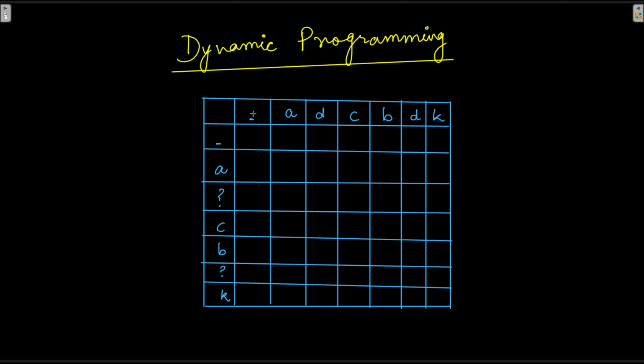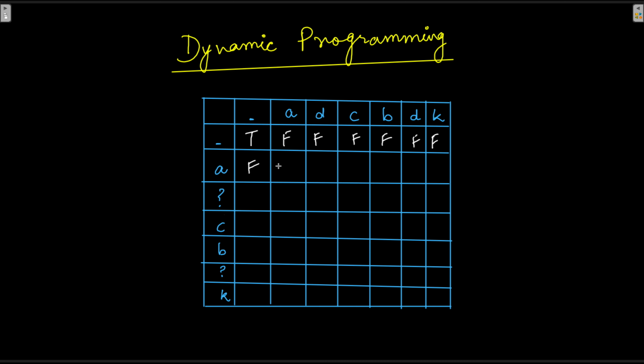From our previous discussion, we remember the first value of this string as well as the pattern is going to be an empty string. So is an empty string a match for an empty string? Yes. So we'll write T here. And then for rest of the values, it is going to be F. So it is F. Now we'll come to A. Is A a match for an empty string? No, it is not. So I'm going to write F.